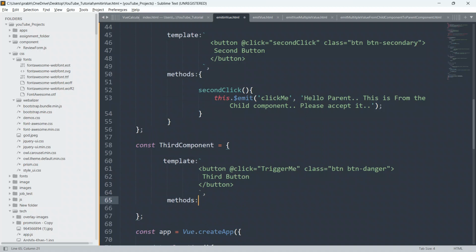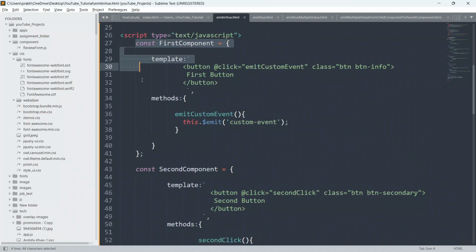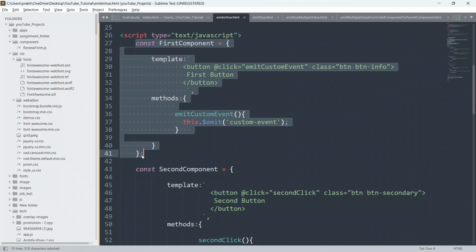So you can see here guys, I just want to explain you guys each and every minute detail. As you can see here, this is the separate component. Every component can have their own methods, their own objects, their own lifecycle hooks, their own properties, their own computed methods, and methods as well.